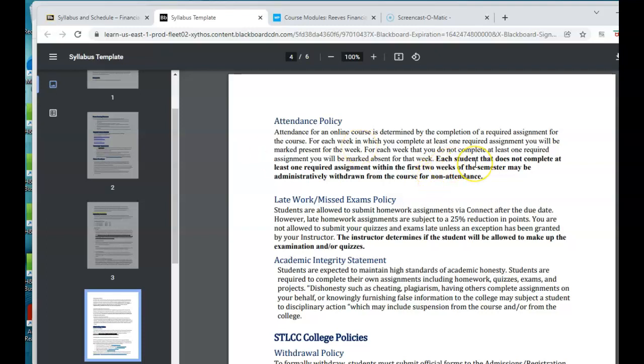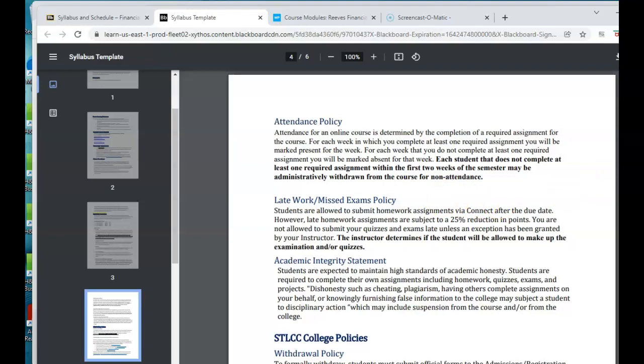If any student does not complete at least one required assignment within the first 2 weeks of school, that student may be withdrawn administratively for non-attendance. So once again, you want to make sure that you complete all your assignments, but at least one assignment must be completed within the first 2 weeks. Otherwise, you'll be marked as non-attendance, and there's a chance you can be withdrawn from the actual course.